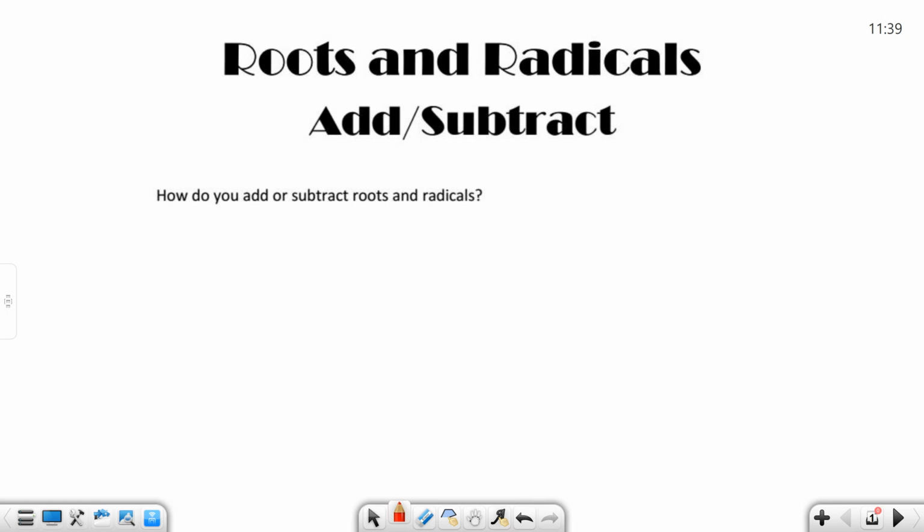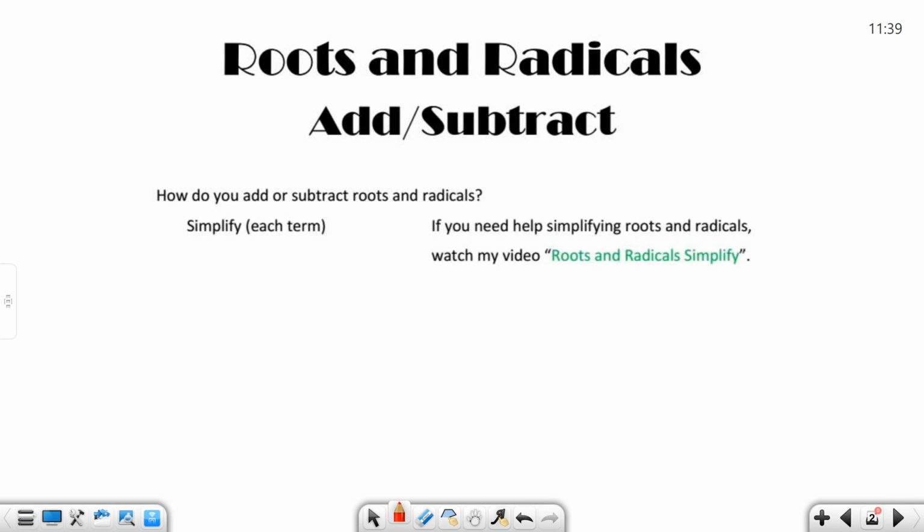Roots and radicals, adding and subtracting. So how do you add or subtract roots and radicals? Well, you simplify each term first. Remember, terms are separated by pluses or minuses. If you need help simplifying roots and radicals, then watch the Roots and Radicals Simplify video, because that is covered